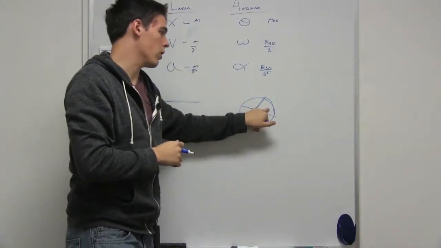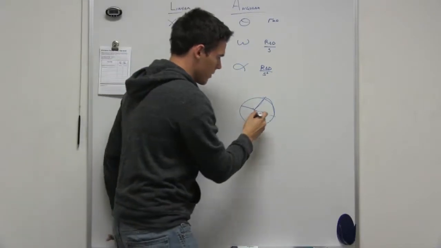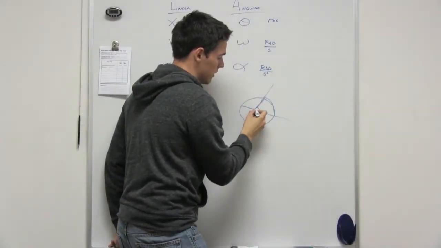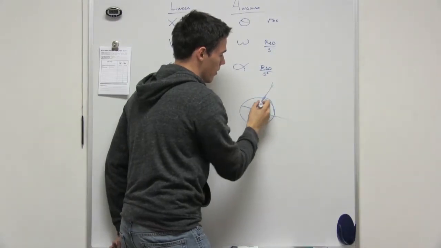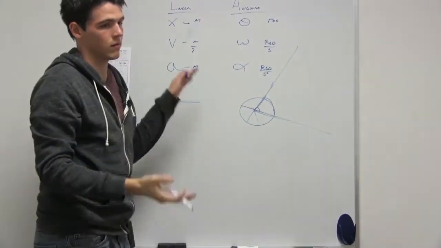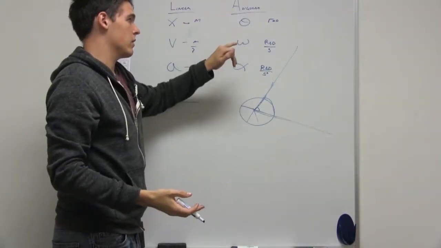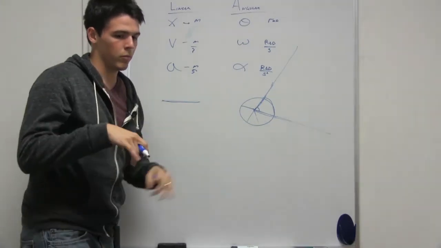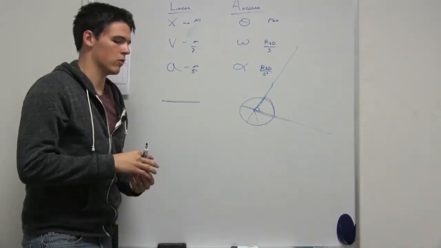The reason why you don't need r for this is because this angle does not depend on this length. This angle is the same for this length or that length, or from here to the edge of the galaxy. It's going to have the same theta, same omega, and same alpha. For example, you'll probably do a problem later on in the semester where you find,